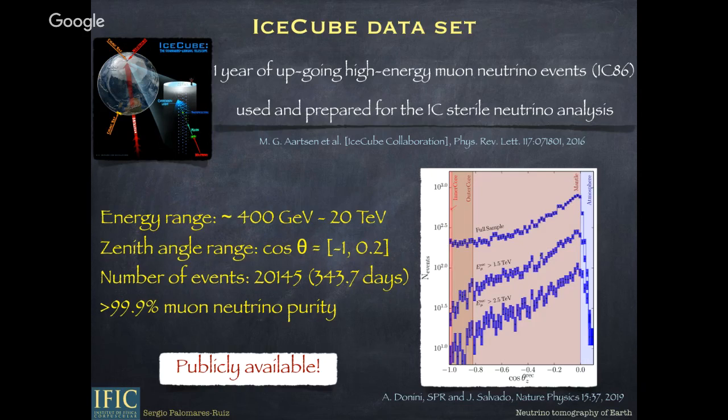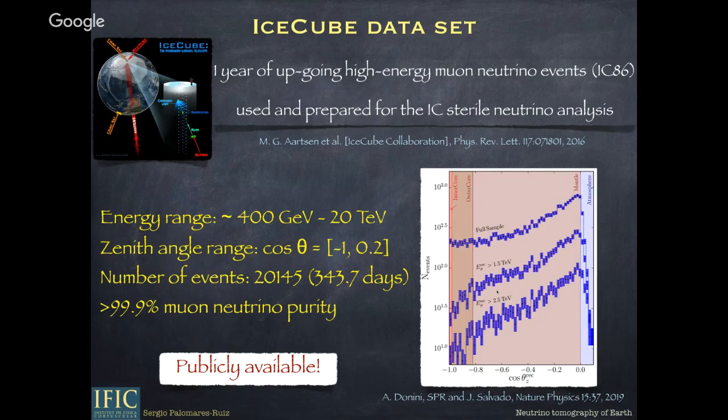As you see, when we go to higher and higher energies, the absorption for neutrinos crossing the core is relatively higher. So this is the way one can test the amount of matter that these neutrinos are crossing as a function of the direction and as a function of the energy. And this is the way we are trying to tell features about the Earth's interior.